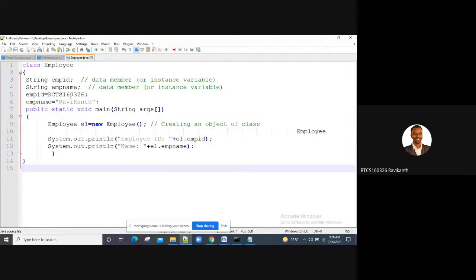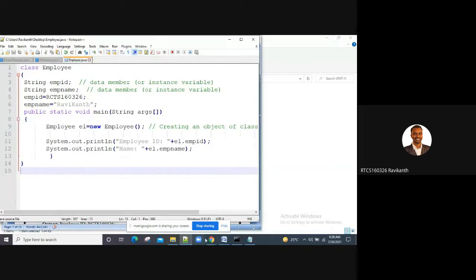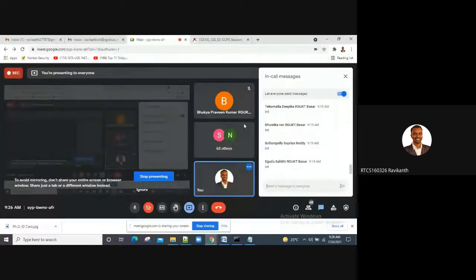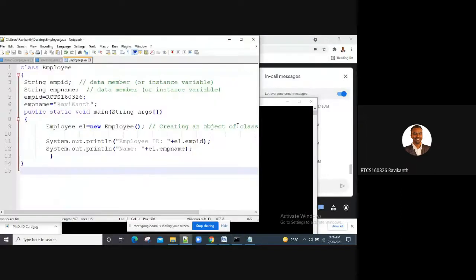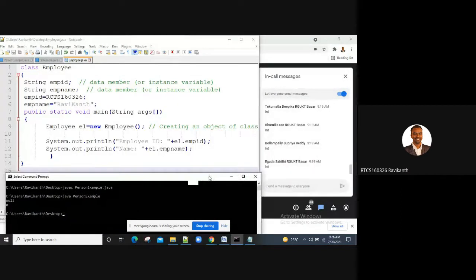We have two string variables here, but we have already initialized those values. What is the output you're expecting here, guys? I've created an instance, the E1 object, and then I'm accessing it using object E1 dot employee ID, E1 dot employee name.